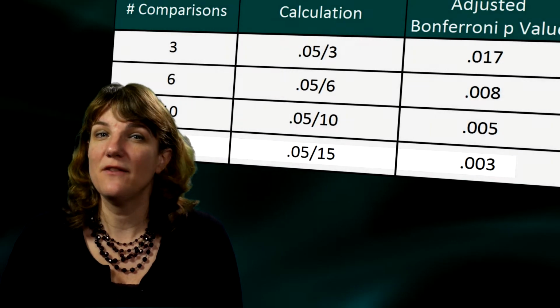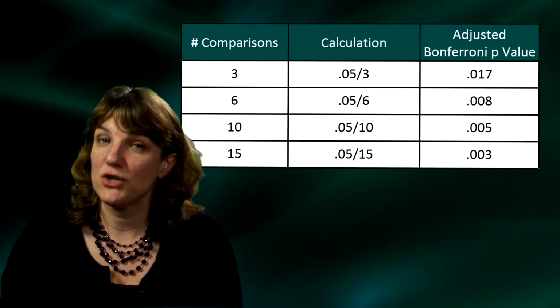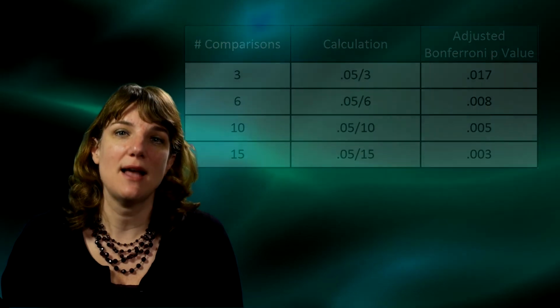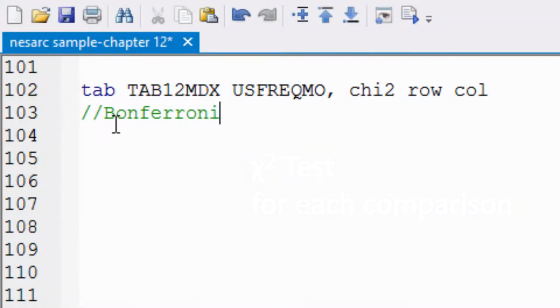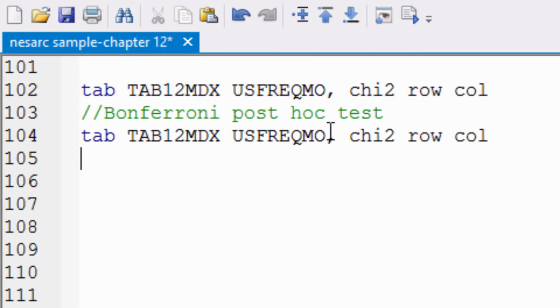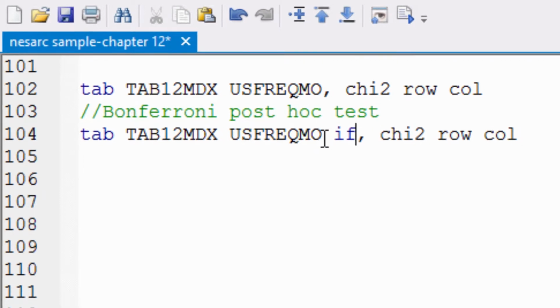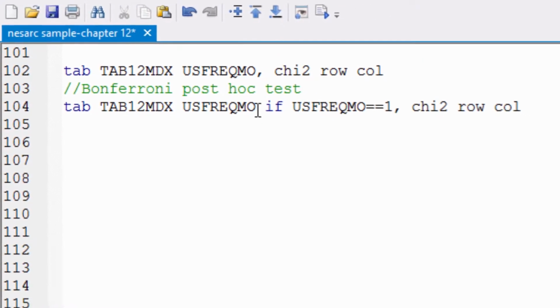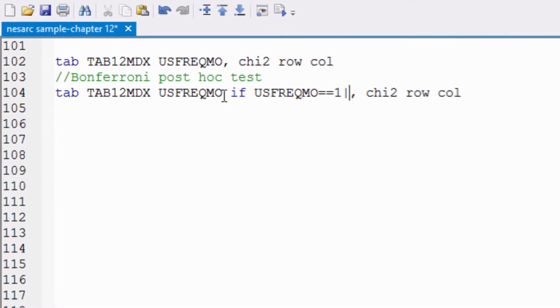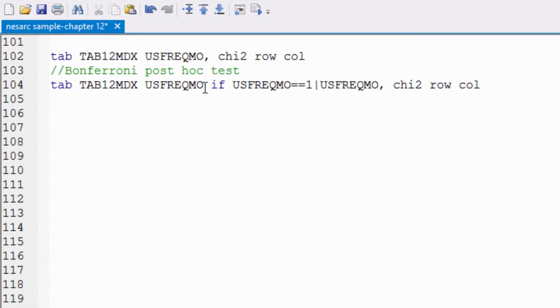Adjusting the p-value is definitely the easy part of the process. Now for the more challenging piece. For the actual post-hoc testing, we need to run a chi-square test for each of the 15 paired comparisons. To do this, we can add syntax to the tab command. We recommend copy-pasting the original command into a second line of code. Then, using the logic statement if, we can add code to limit the response options we're comparing to 2. tab N12MDX, USFREQMO, if USFREQMO equal 1, or USFREQMO equal 2.5,